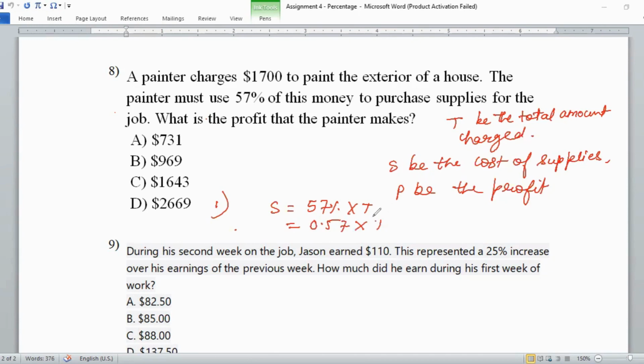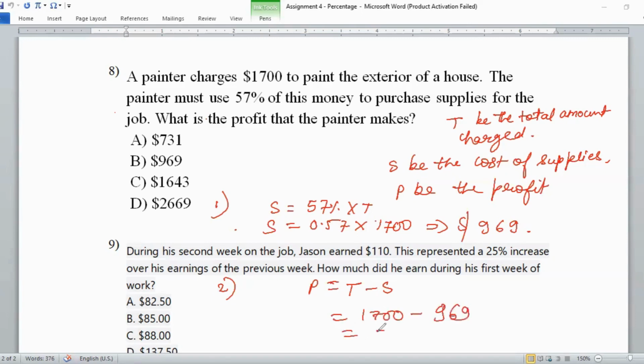And what is the total amount charged? It is $1,700. So 1,700 we are writing. On solving this, we are getting here 969, which is what? The cost of supplies, right? And you can write it as $969. The second thing, to calculate the profit, is T minus S, the total amount minus the cost of supplies. So when you solve it further, you will get a value which is 731. So this is the profit of the painter, which is